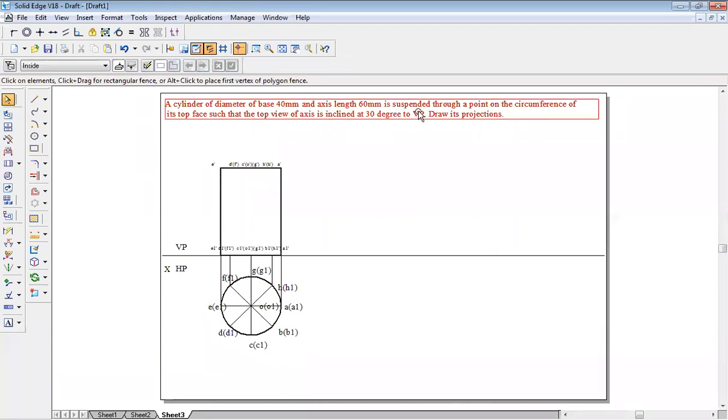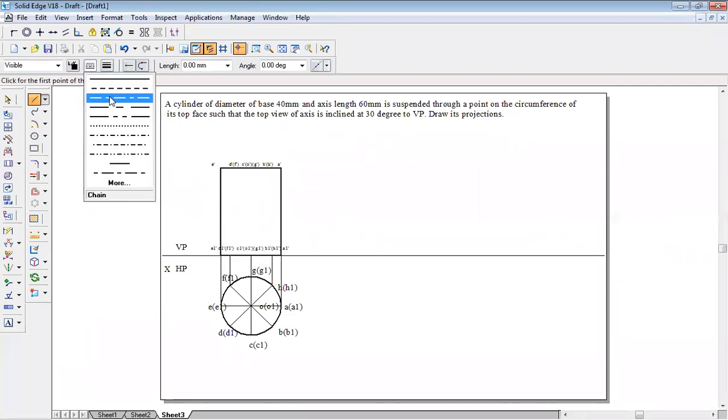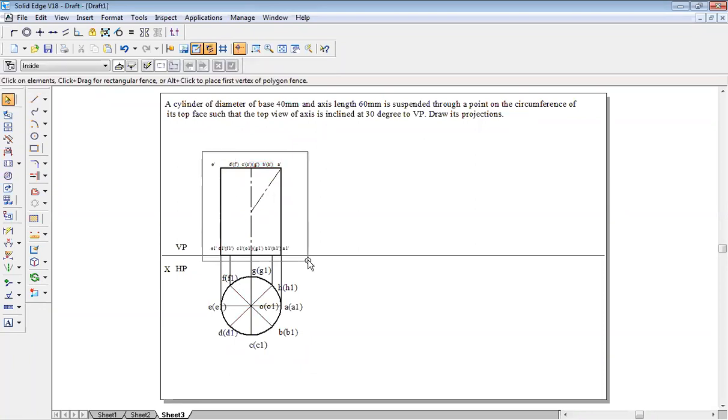So now it says suspended through a point on the circumference. Let us draw the axis line, but it should be projection line style. No need to draw any dark line. So axis line style from here to here, it's a projection line style. Don't draw it dark. Freely suspended through a point on the circumference of its top face. Top face is here. From here it is freely suspended. So click on this line. G point you have to take, the midpoint of the line, because this is a circular prism. Prism's axis length by 2. So you have to divide this.